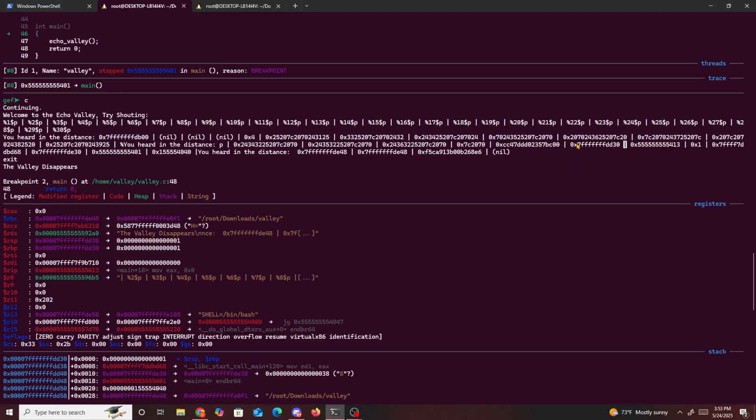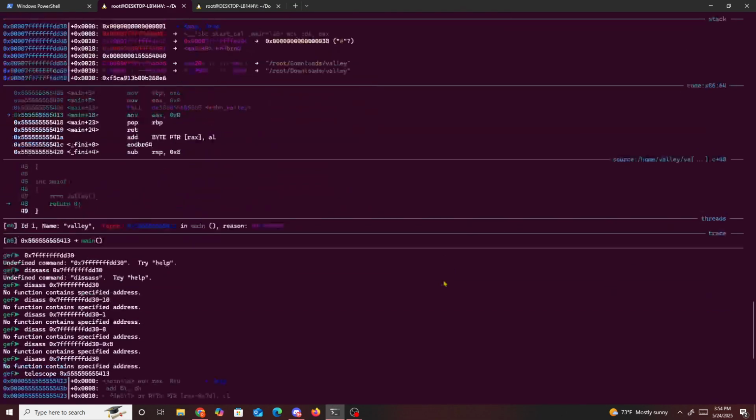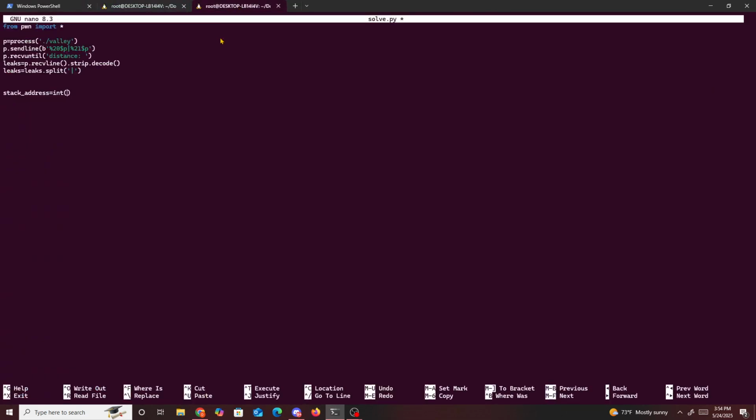We're gonna grab the first one, which will be this one, and this is basically the stack, and the stack I'm assuming is only read access, so it's basically gonna be leaks, and then the first one,